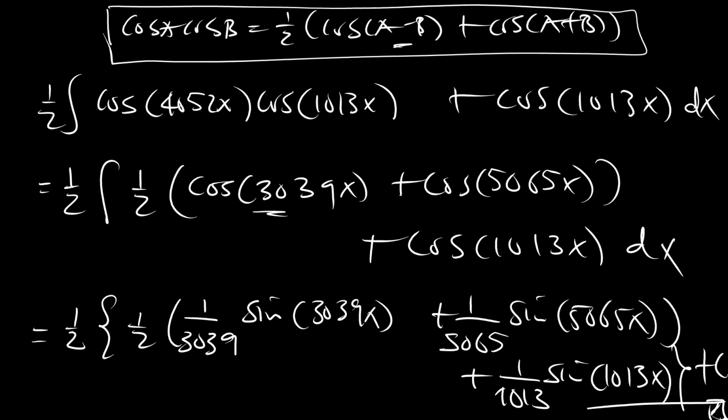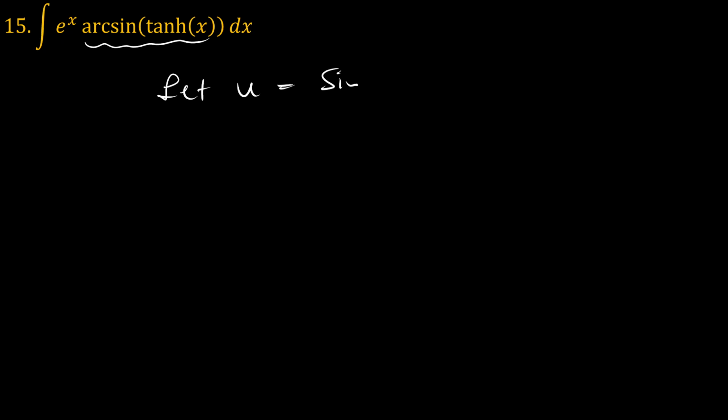Okay, so let's go to the next problem, number 15. So problem number 15 is the indefinite integral of e to the x times the arc sine of the hyperbolic tangent of x. And the first instinct is to substitute for that part. So we say let u be equal to arc sine of the hyperbolic tangent of x such that sine of u